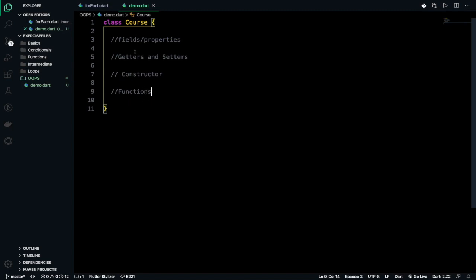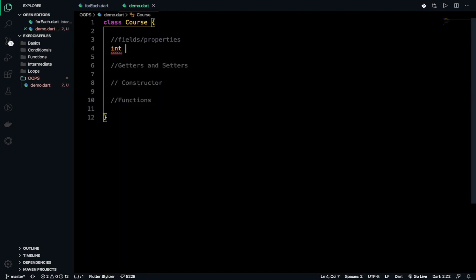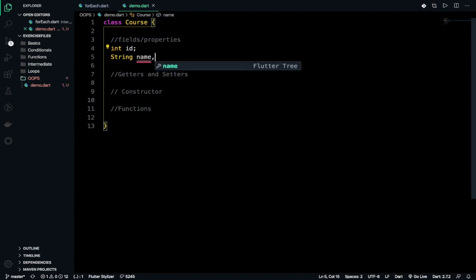So what are actually fields and properties? Fields and properties are nothing but variables and data types. Just like I want to give the course id as int id, and string name, comma, you can give anything like email or something like that. I would like to give it price. Email of the consumer, the user I must say, and the name just like that.